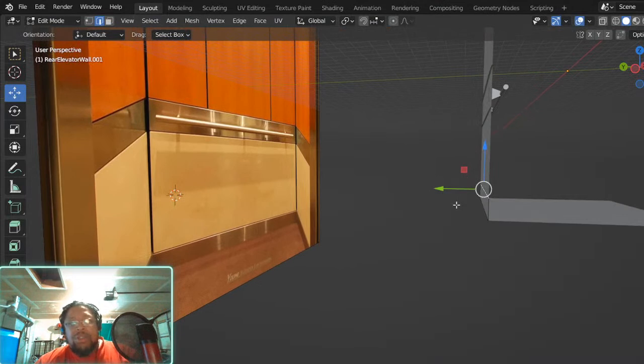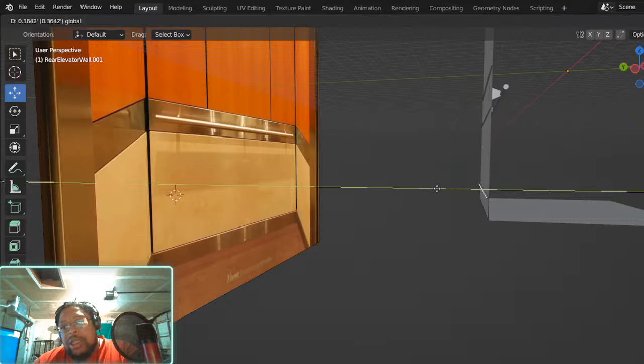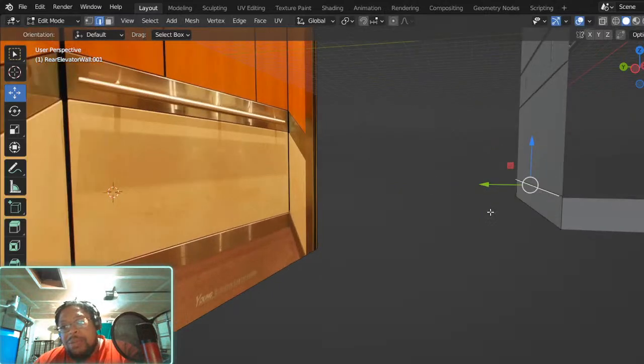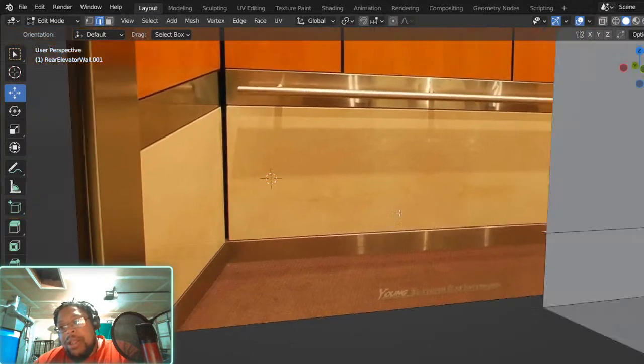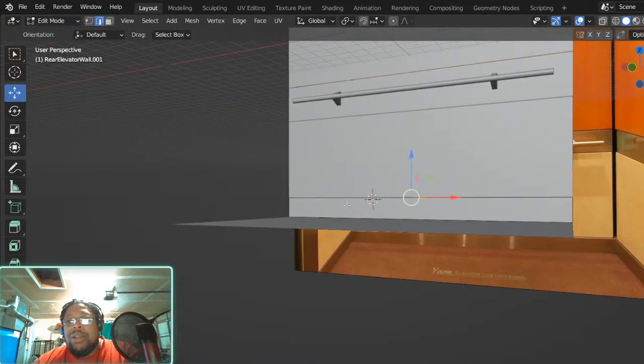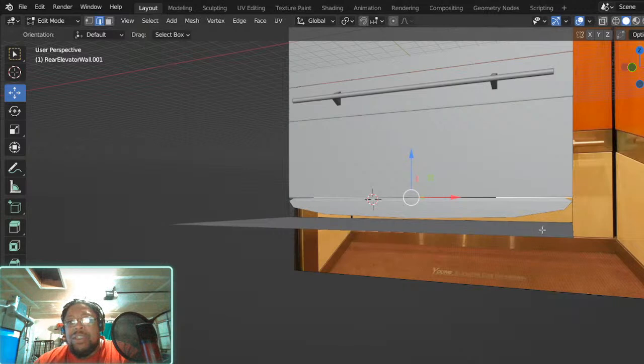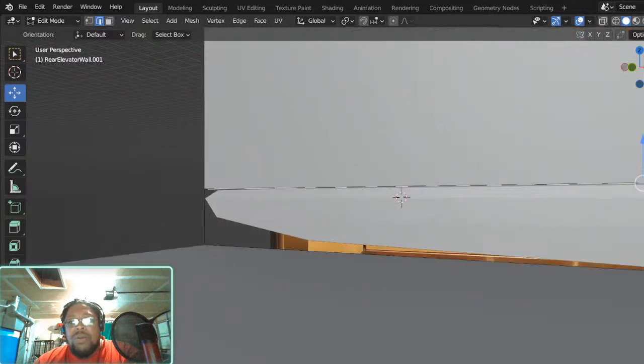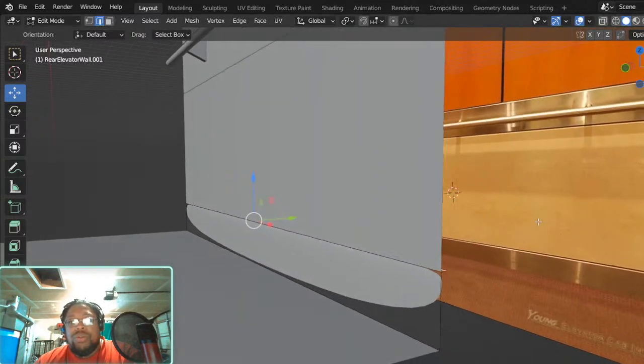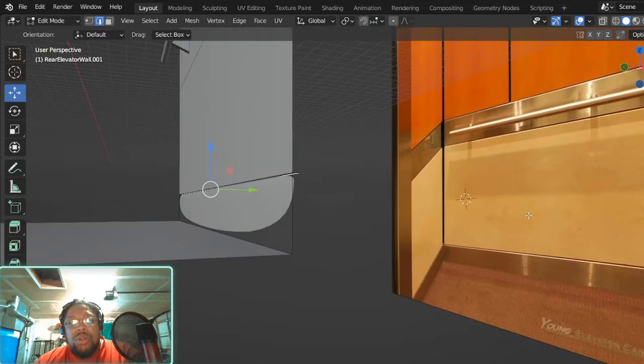So extrude, enter. I just like this, it gives me a little bit more control. I guess I could just pull it back when I hit extrude, but I like to work the way I like to work. We're gonna hit a modifier in there. We're gonna do a subdivision surface on there. Okay.